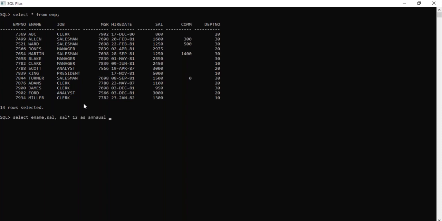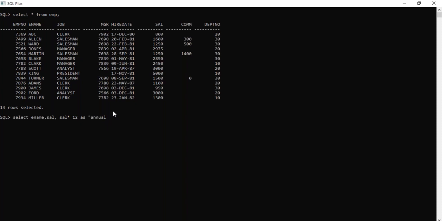Just simple: select ename, or whichever column names you need to specify, salary, and then salary * 12 as annual, then it is fine.